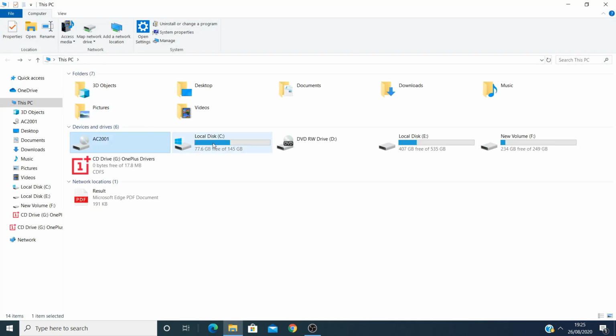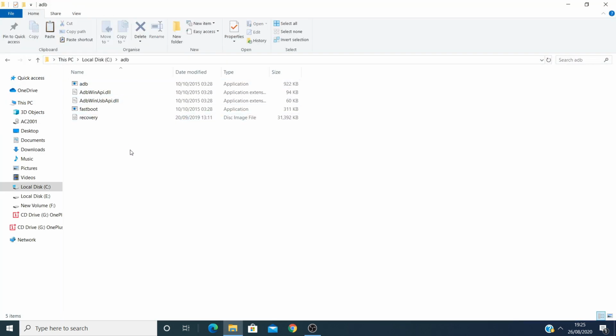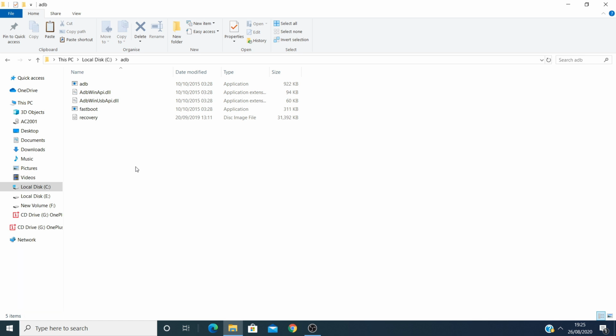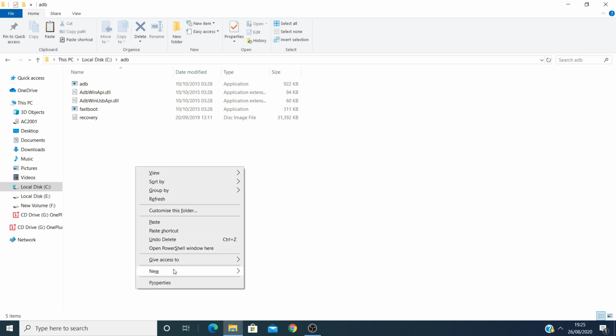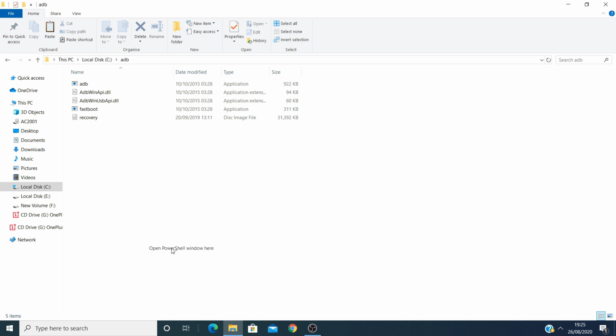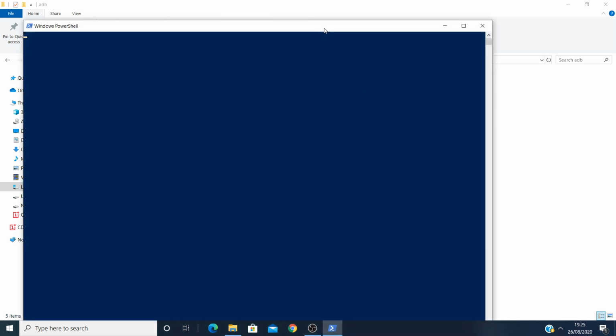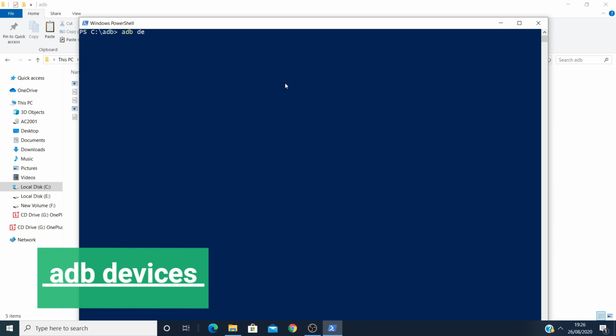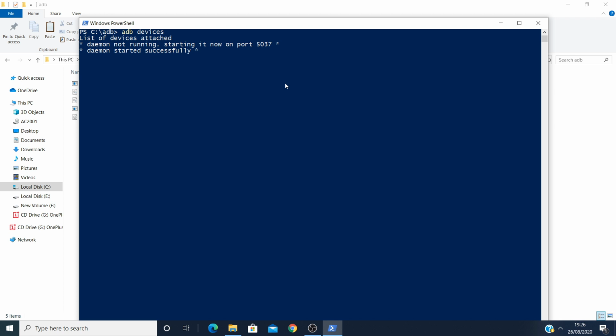After restarting, open the Windows partition on your PC, open the ADB folder, then hold Shift, right click on your mouse and click on Open PowerShell here, or CMD for some other devices. Now type adb devices and press enter, and you will see a pop-up on your phone asking you for the permissions of USB debugging. Click on the dialog box and press allow.